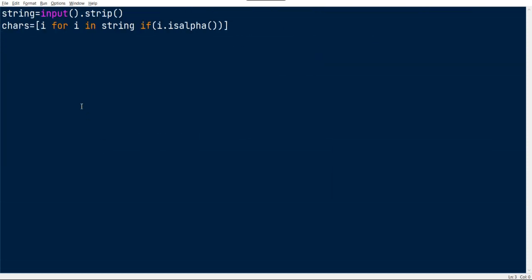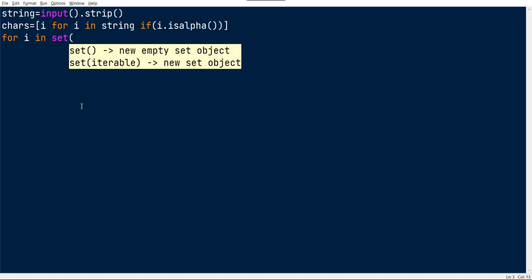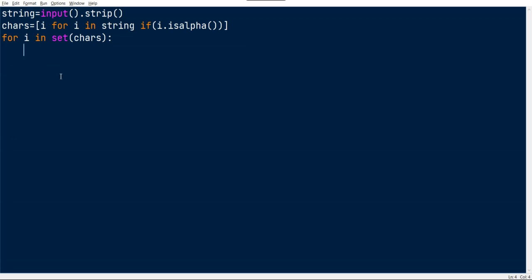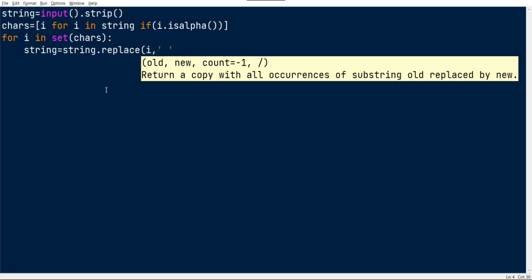I'm going to do the same operation here. For i in set of characters, because we are going to replace all those characters, and if a character is duplicated we don't need to go through that iteration too, so we skip it by using a set. So string equals string dot replace of i comma space.